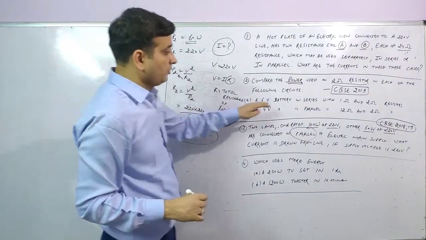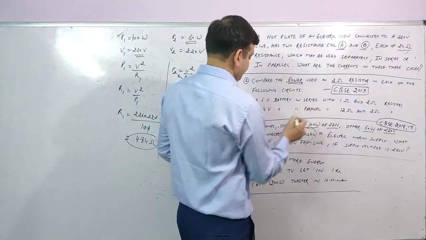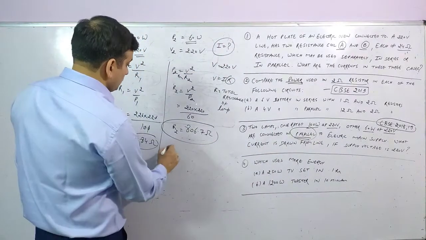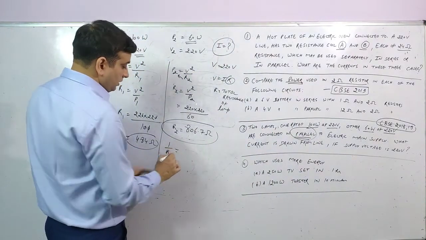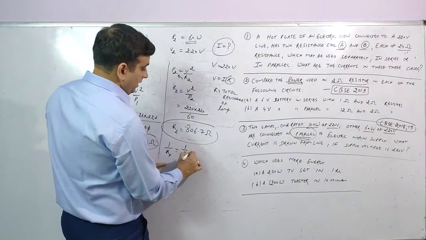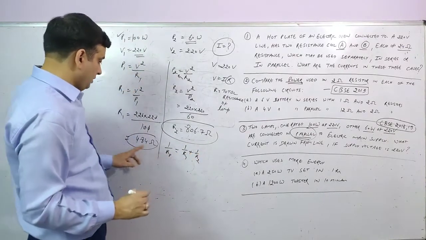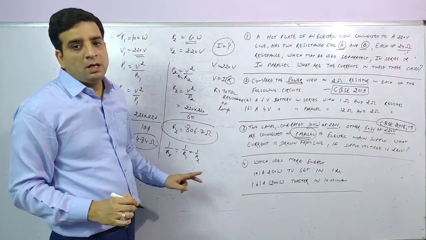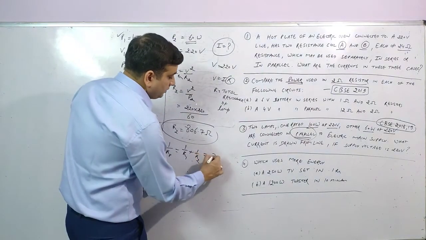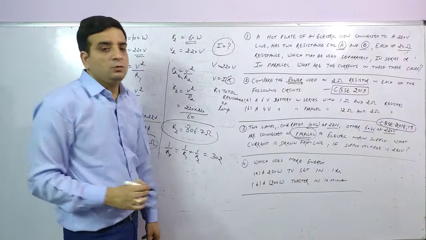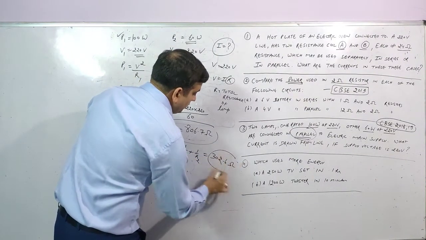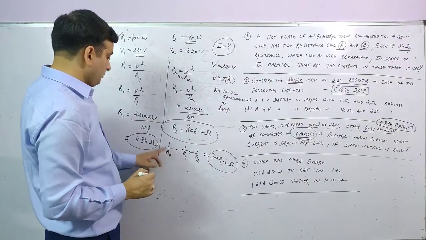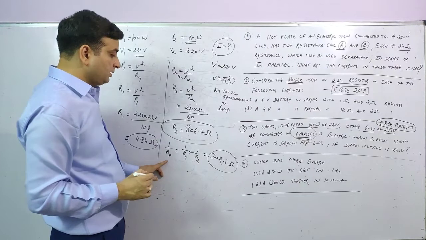Total resistance. And from this part we can see both of them are connected in parallel. So how can we calculate for the parallel? Total resistance: 1 by Rp is 1 by R1 plus 1 by R2. R1 is 484 ohm, R2 is 806 ohm. By putting these values and after solving them, you will get total resistance 302.6 ohm. So I hope you can solve this part: put 806 in place of R2 and 484 in place of R1. By solving this, you will get the total resistance